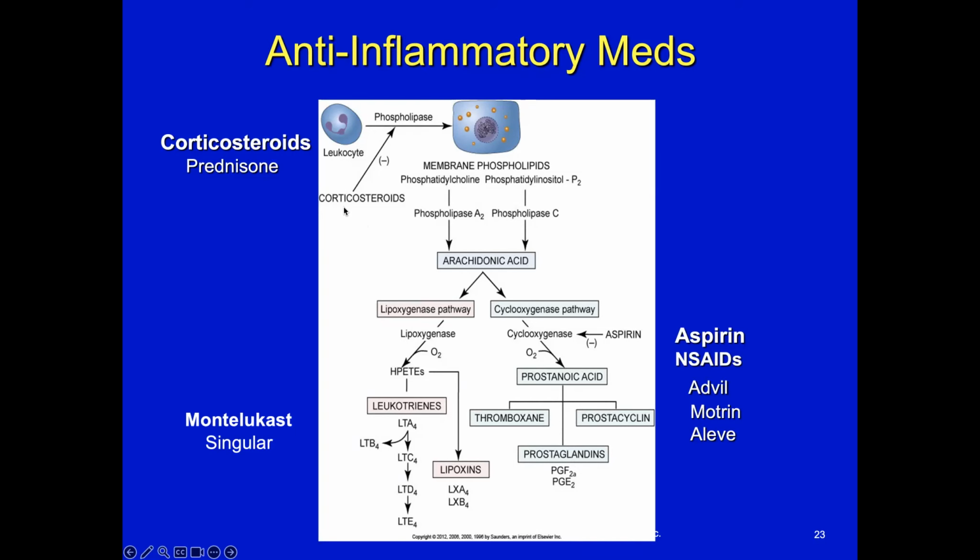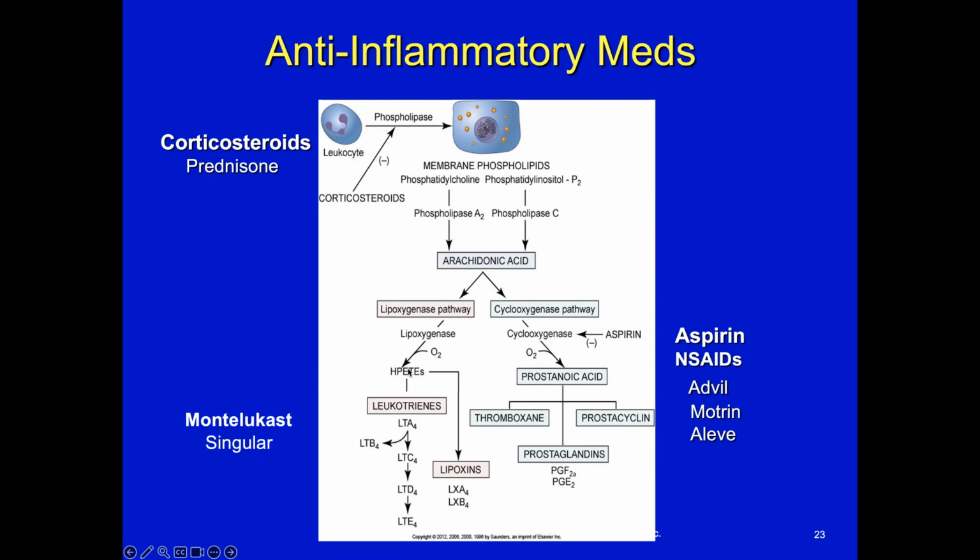The problem is that there are some very significant side effects with corticosteroids, and if you're on them for any extended period of time, you can't just stop taking them. You have to taper. So if you start with 6 tablets a day, then you go down to 5, then you go down to 4, then you go down to 3, 1, and then none. So you have to get off of them very slowly.